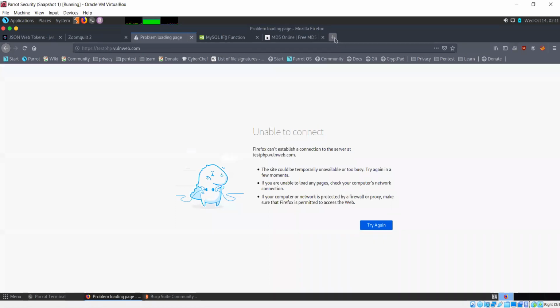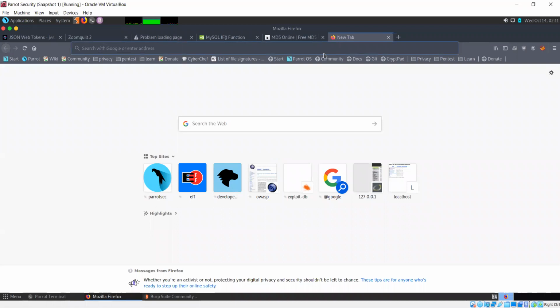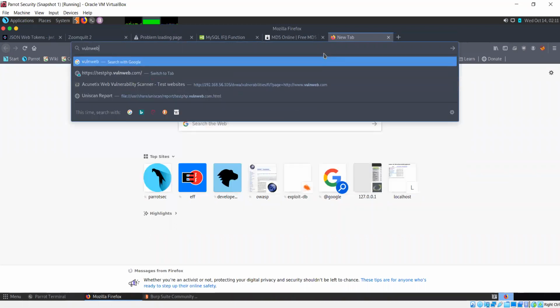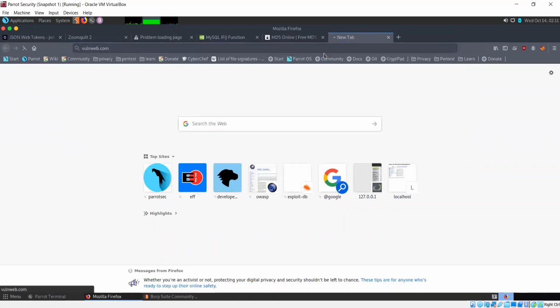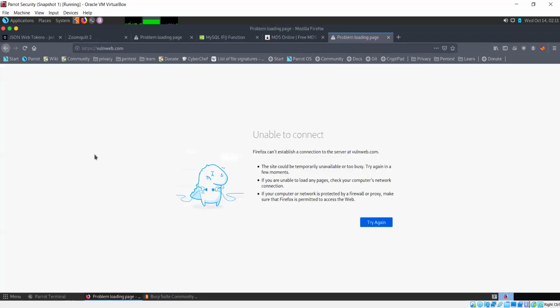It's not accessible. What's the issue? It's saying that it's inaccessible. Let me try something else.